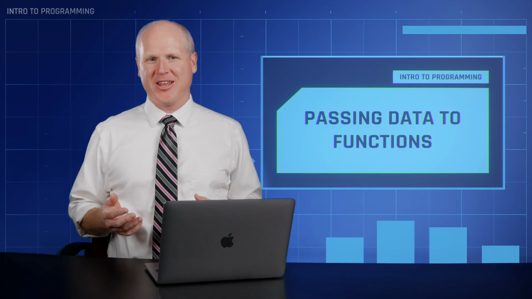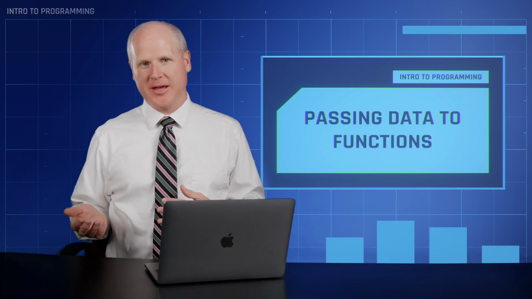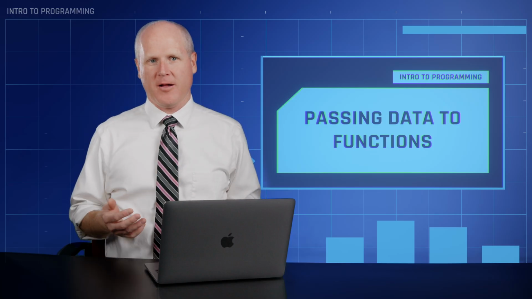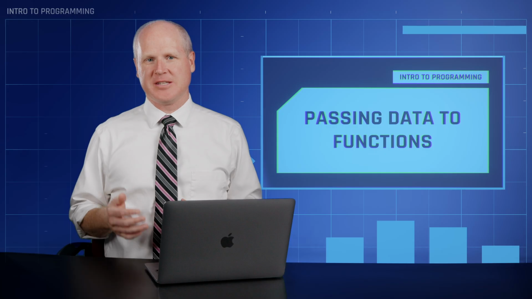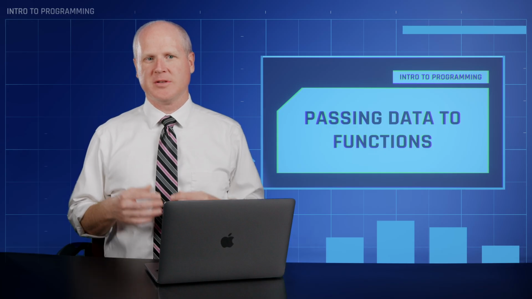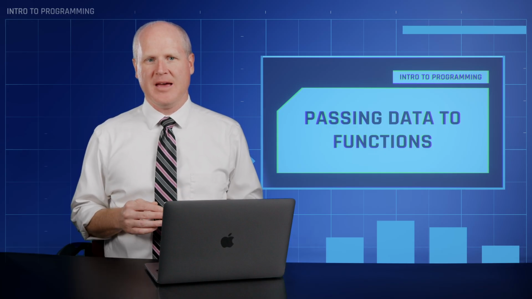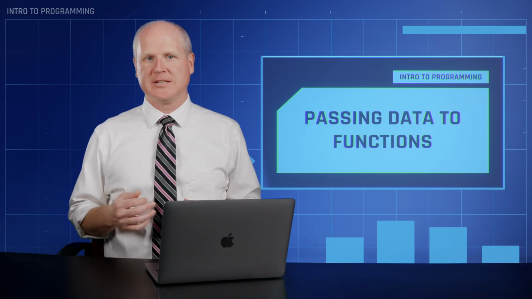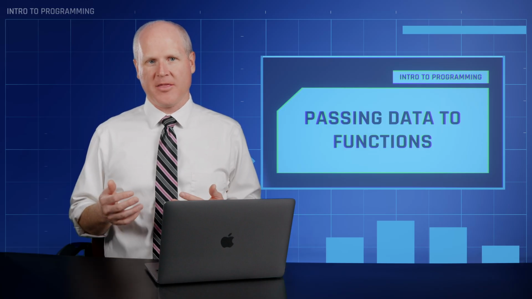When you call a function, you can pass variables to it, and when it finishes, it can return something back as well. Let's look at how this is done and how to make sure we understand the scope of these variables. As a simple example, let's create a function add that will receive two numbers, add them together, and return